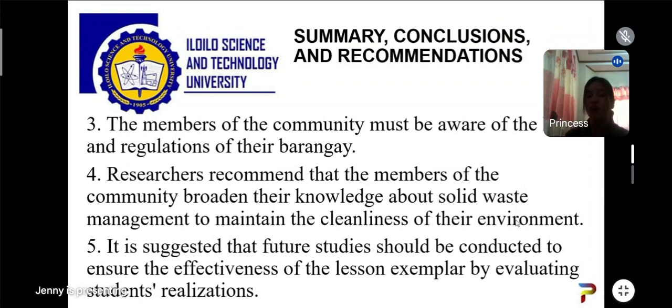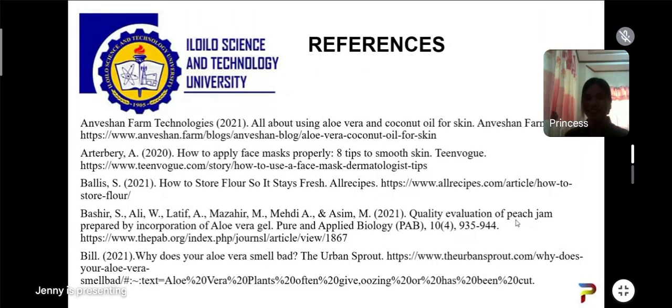Fifth, we also suggest that future studies should be conducted to ensure the effectiveness of the lesson plan exemplar by evaluating students' realizations. So, we have also here a